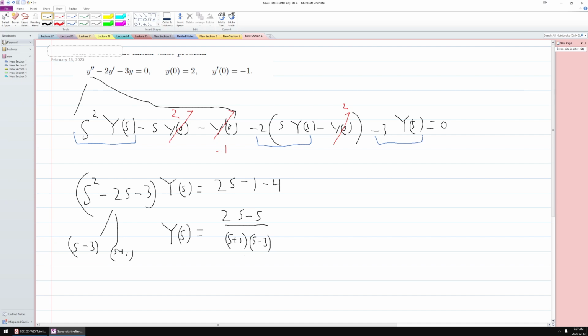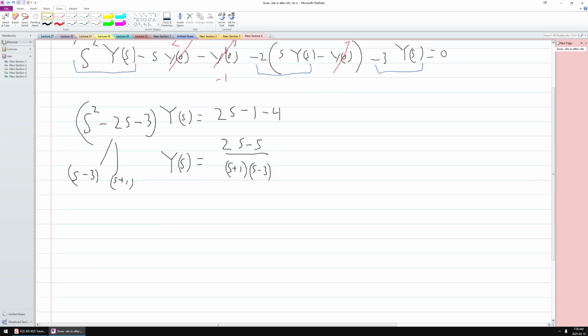I'm sad that I don't get cancellation, but now that I have this, we can do our partial fraction decomposition. In this case, I want to always keep in mind, what do I have in my Laplace table when doing this partial fractions? So here, by default, I would have an s plus 1 term and an s minus 3 term. If I look at my Laplace table, in particular, the shenanigans I just did, we know Laplace transform of e